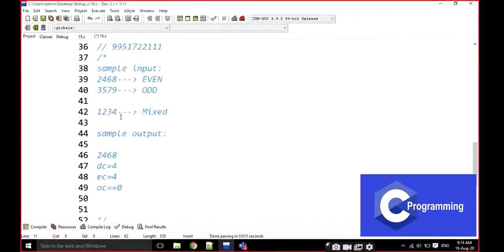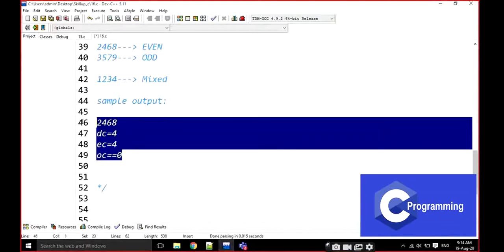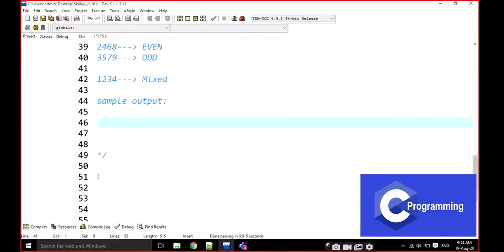Now I am going to write one more method here. What is that method? For example, the number is like this. Look at here. Instead of all the digits, first of all, is it an even number or not? 2, 4, 6, 8. Is it an even number or not? Yes, it is an even number, no doubt about that. Then I am going to think that all the digits are going to be even numbers.